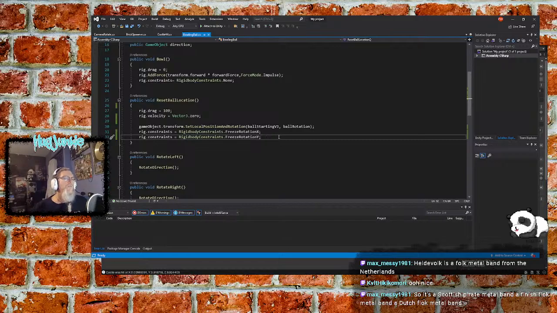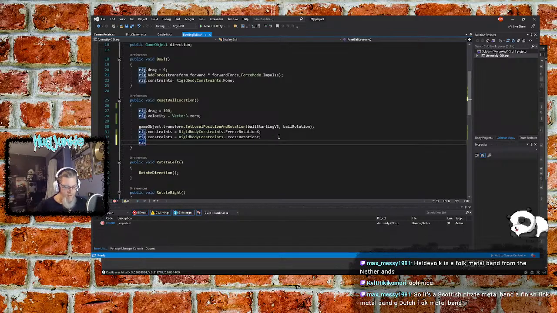So I want to set all constraints. So rig dot constraints equals